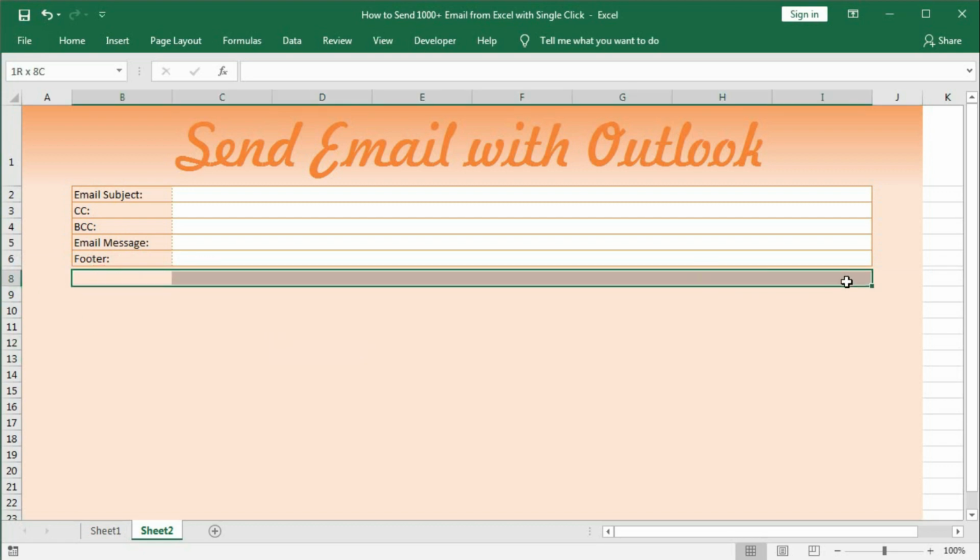First select this cell and merge it and type here customer details.